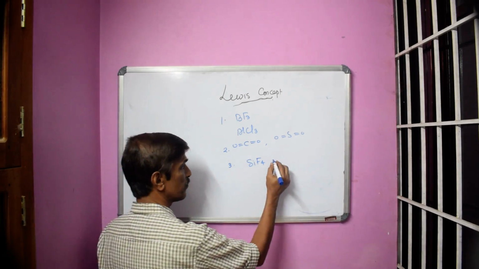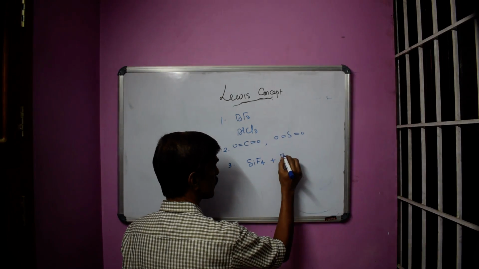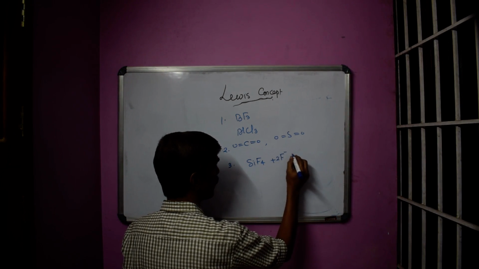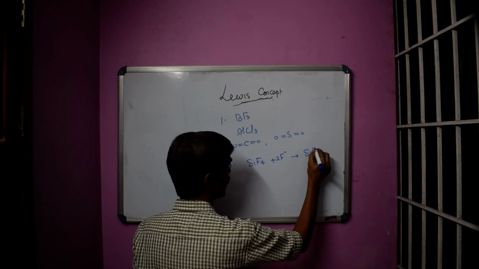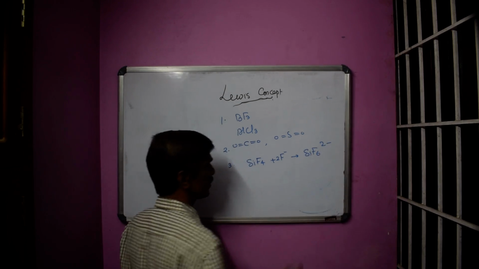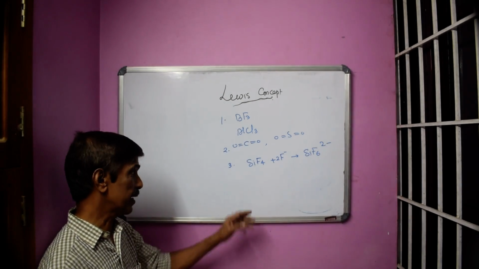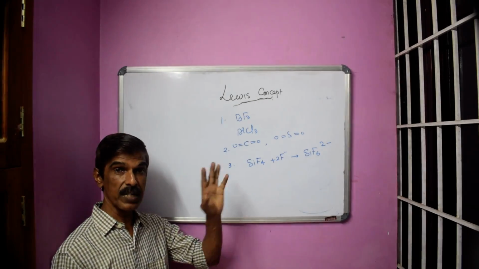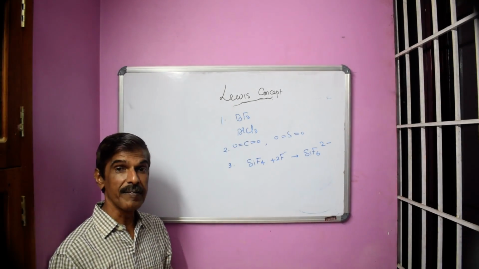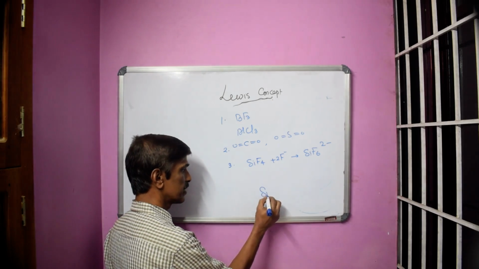See SiF4 plus 2F minus giving SiF6 2 minus. But നമുക്കറിയാം just like methane SiF4 is very happy, it is having its octet because since silicon